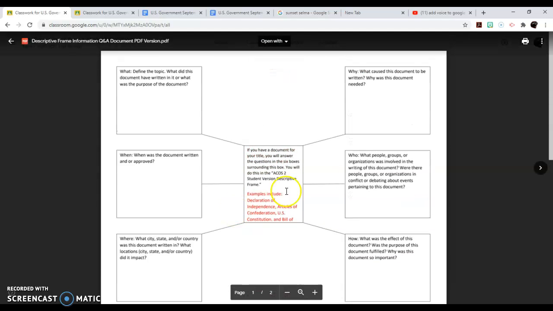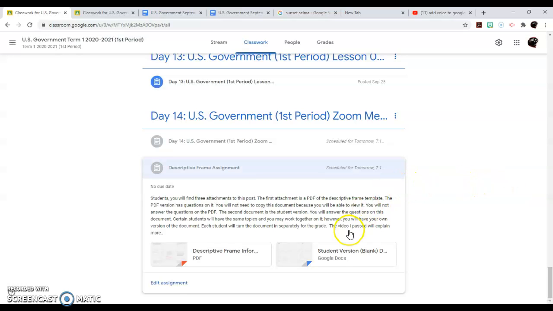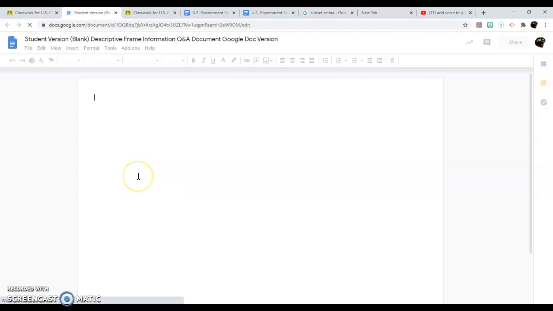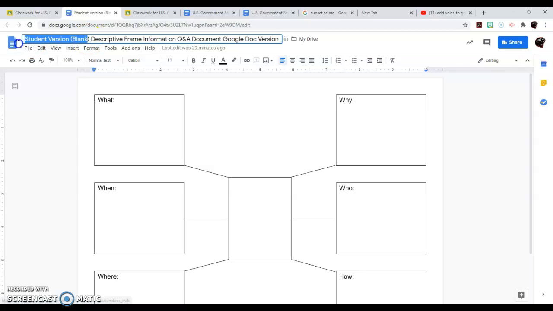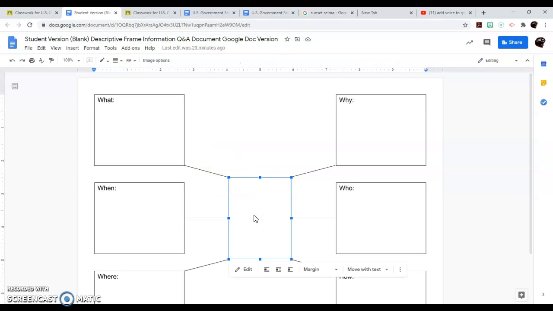And so when you look at that, just go back to your regular post, and then you're going to open up the student version, and it's going to make you your own individual version. When you get this version, go ahead and make your parentheses open, write your name in it. And then the questions that you saw in the PDF, whatever topic I assign you, you're going to write it in the box. Okay. And so, when you write in the box, when it's in Google Docs, you can open it in Google Docs.